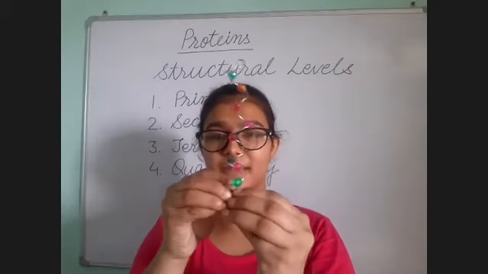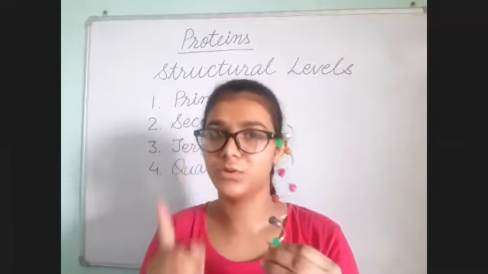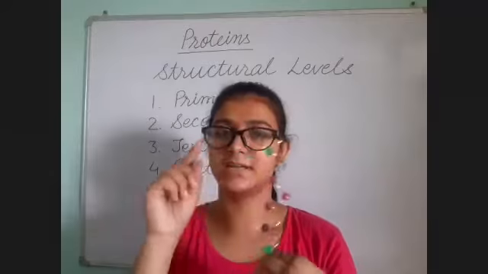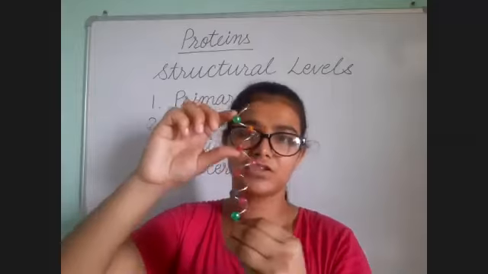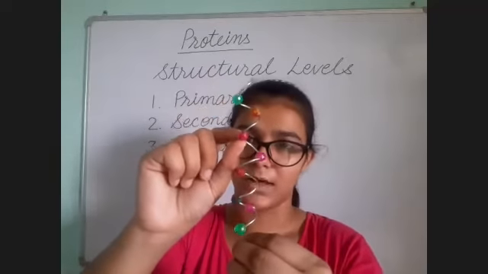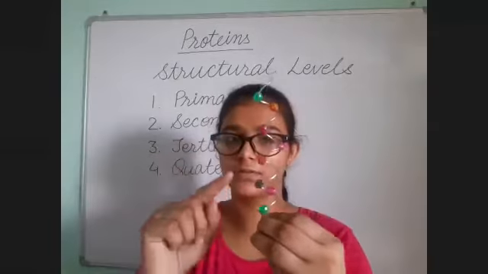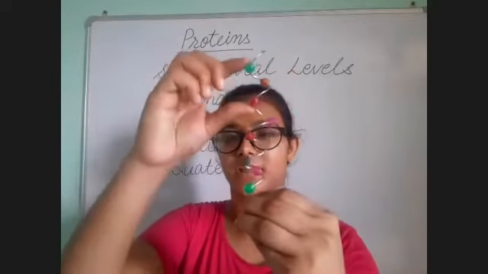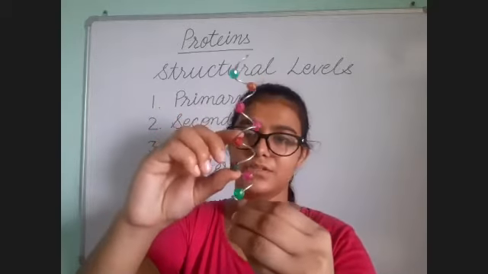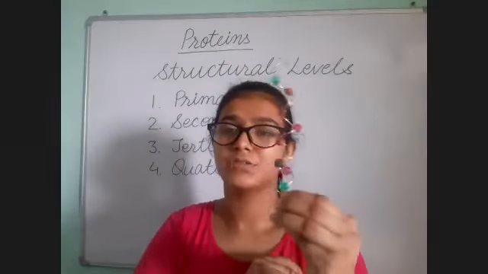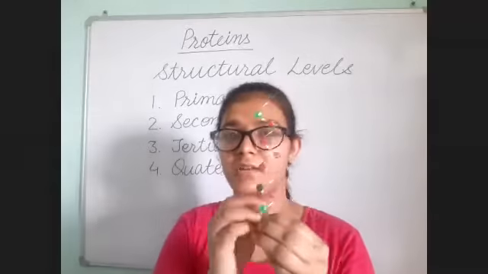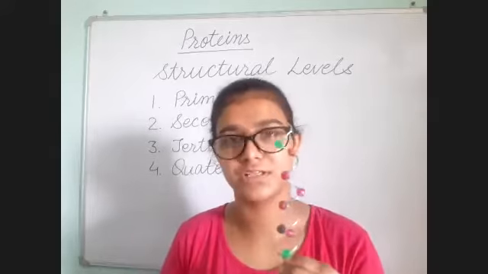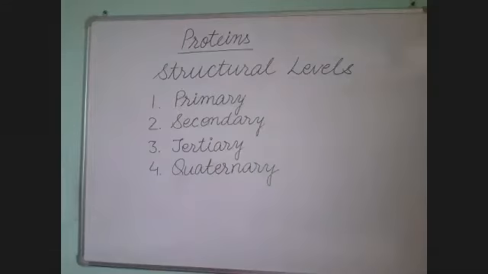This type of chain is maintained by hydrogen bonds, which are intramolecular hydrogen bonds between the amine group and the carboxyl group of amino acids, that is the NH-CO bond. Here, a hydrogen bond will be formed between this green one and this pink one, and alternatively another bond will be formed between this pink one and this green one. Here and here the hydrogen bond will be formed, and alternatively on this side as well. So this type of structure is known as the alpha helix, which is the first form of secondary structure of protein.